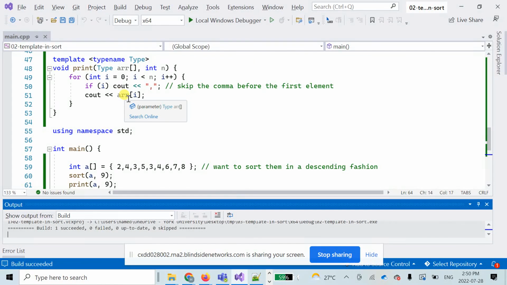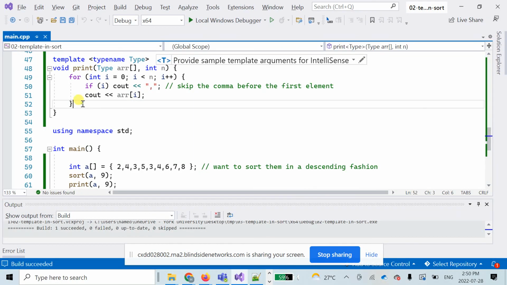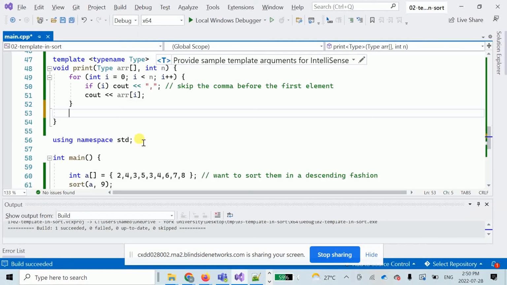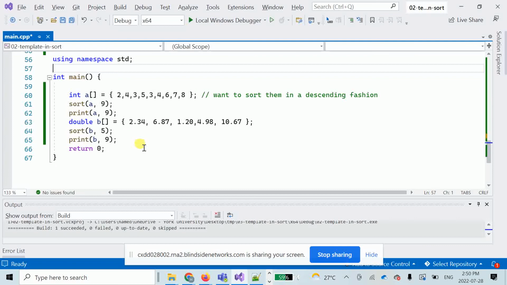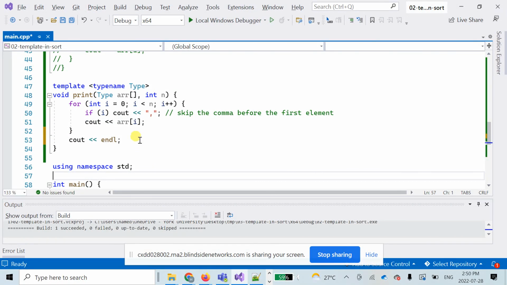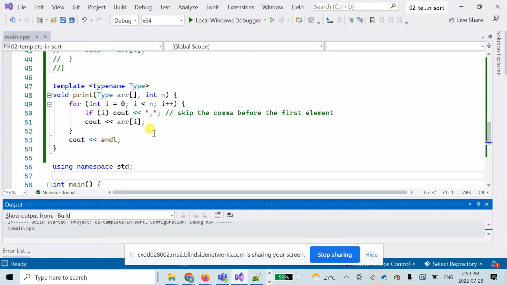Print in print, after this cout and L, and do it here, and okay, now if I run,